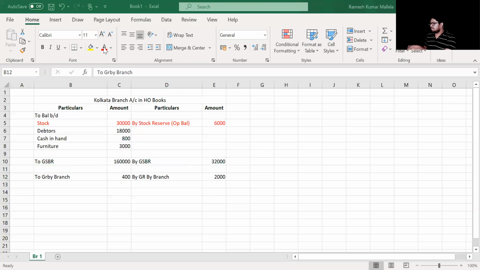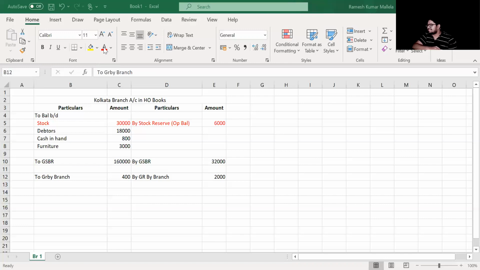Now, apart from this, what has happened? There are goods returned by debtors. Will I really be bothered? I am least bothered, because after I send it to you, you do whatever you want to do. I will not take any record of that transaction at all. And then he says cash received from debtors. Not really interested, yes or no? Cash received from debtors. Now all these are basically something which he is receiving.